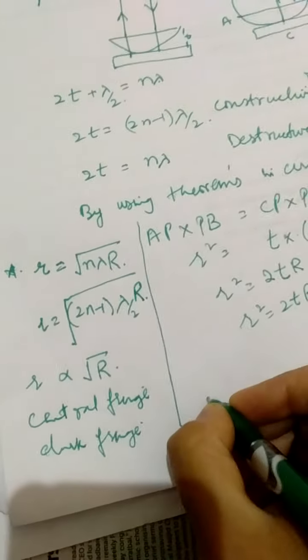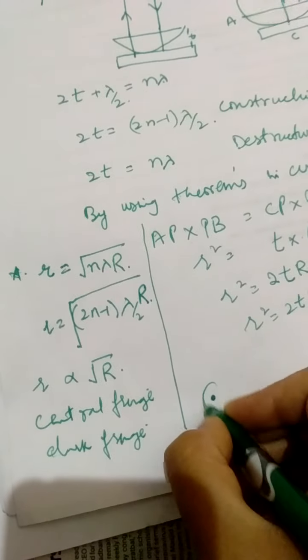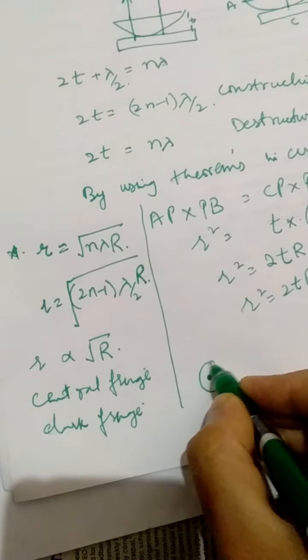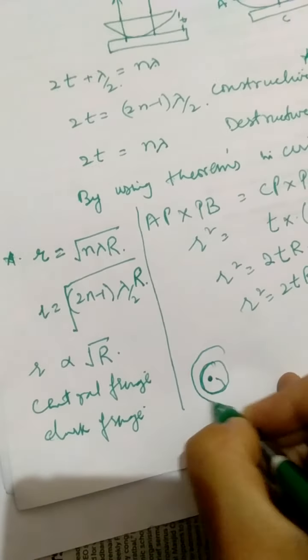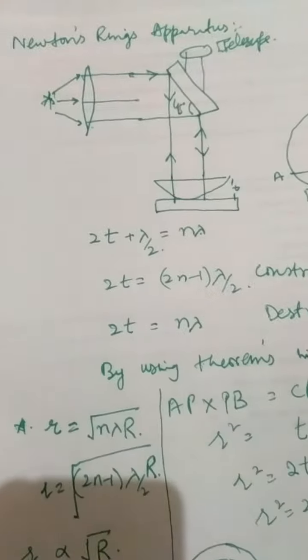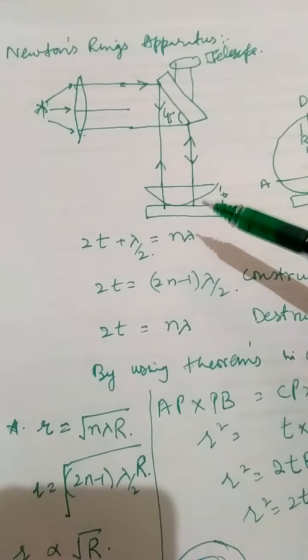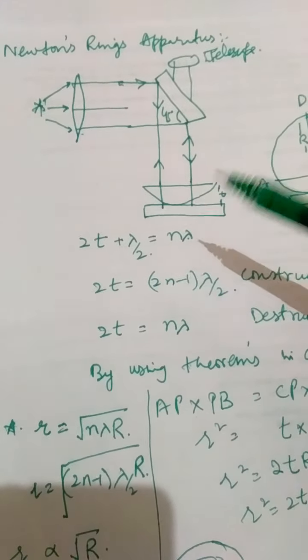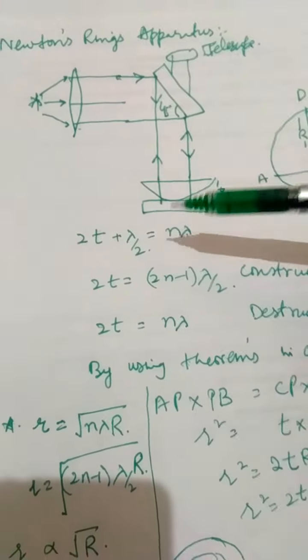And around this dark fringe, you are obtaining the alternate bright and dark fringes. Right? So this is the pattern of the interference that we obtain as a result of the light that is